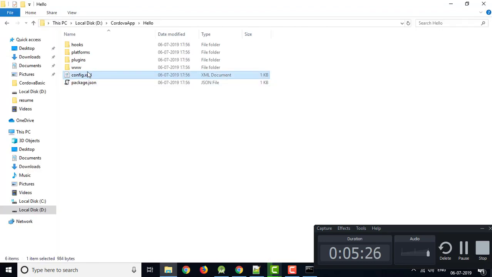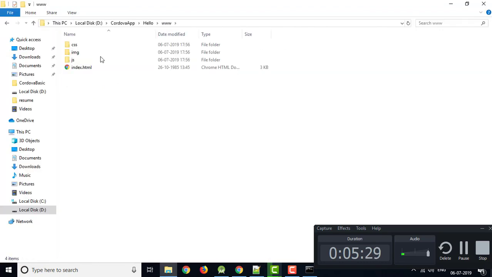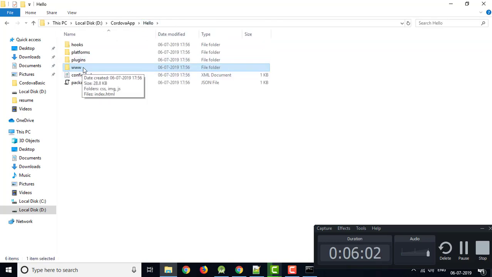Now again, here is the www folder. Inside that there are CSS, images, JS and index. So these are all files which will launch when my application launches. And if I want to add some extra files, then I have to add them inside these, like HTML, then whatever images I want to put in my application will go in the images directory. Then whatever JS file I want to add will go into the JS directory, and whatever CSS I want. So this is my main directory where I have to work.